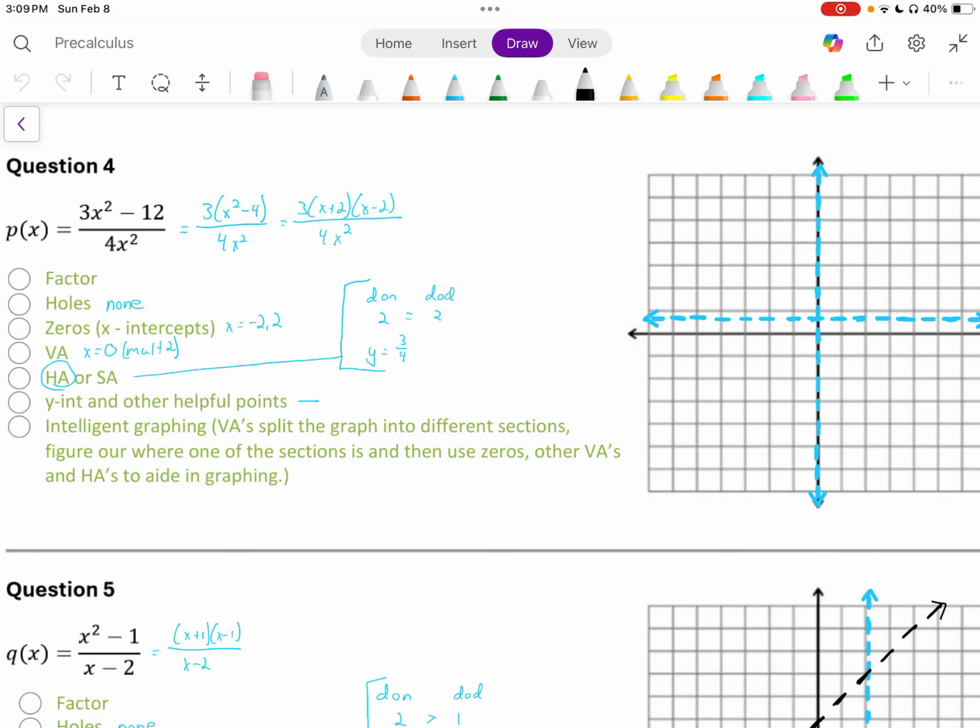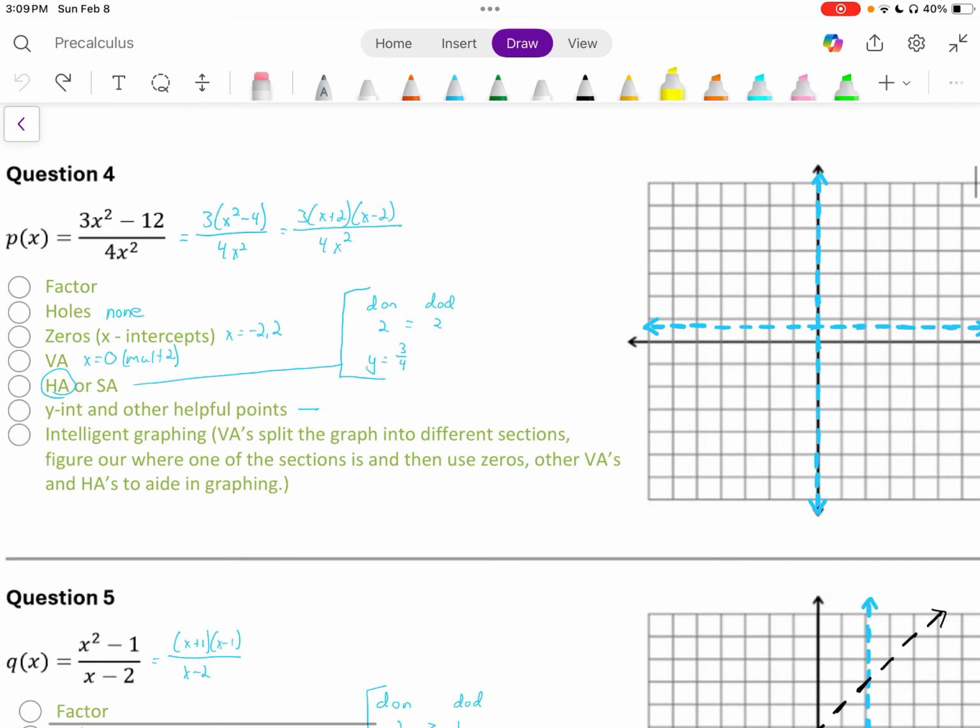We will do questions 4 through 6 on our assignment here, the first one. So let's take a look. I went ahead and factored. In the numerator, there is a 3 in common, so factor it out of 3. We're left with 3 times x squared minus 4. X squared minus 4 is a difference of squares, so we can factor that into x plus 2 times x minus 2. So we factored, and now